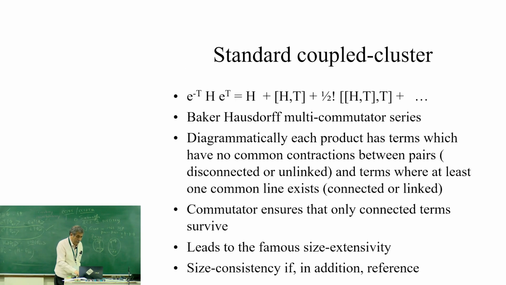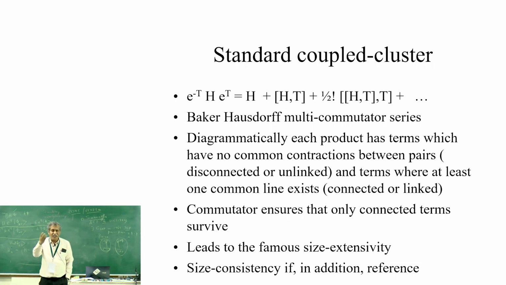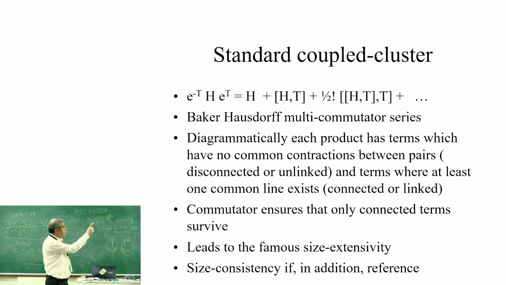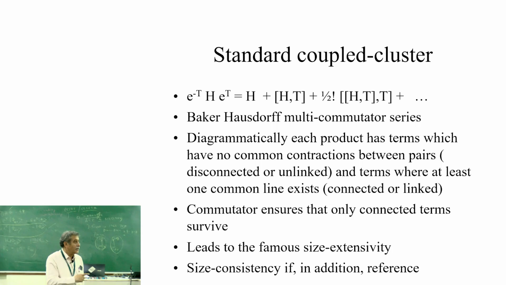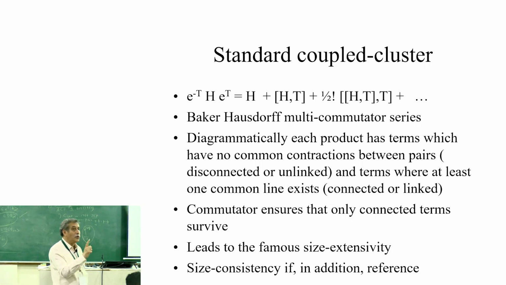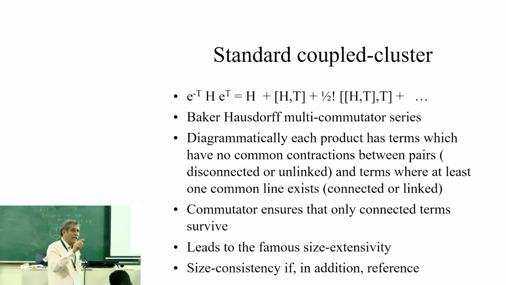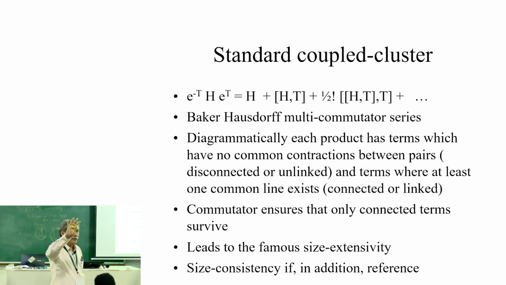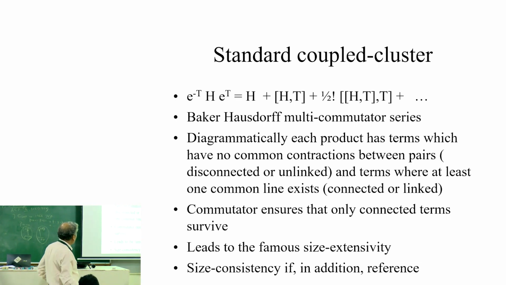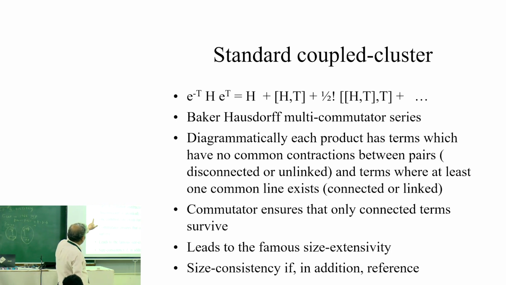All right, so I think I will not go further. The important thing about that particular exponential minus t, h exponential t, or Hn, doesn't matter how we want to write it, is that it has a Baker-Campbell-Hausdorff expansion. And this is the second quantized way of showing that this is size extensive. Because whenever you have a commutator, one can show that in diagrammatics only linked diagrams survive, and linked diagrams are all proportional to N. Their values are all proportional to N because of this commutator. Because ht minus th will remain, disconnected parts will cancel. Disconnected parts are h and t which are not connected. So either you do h or t and h, their results are identical.